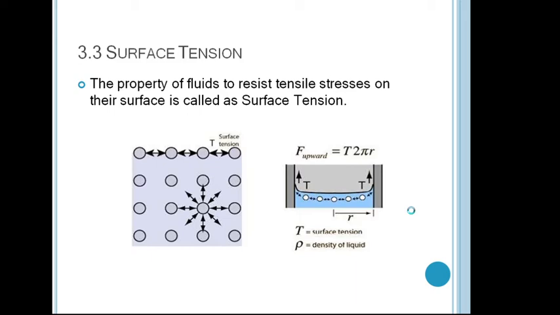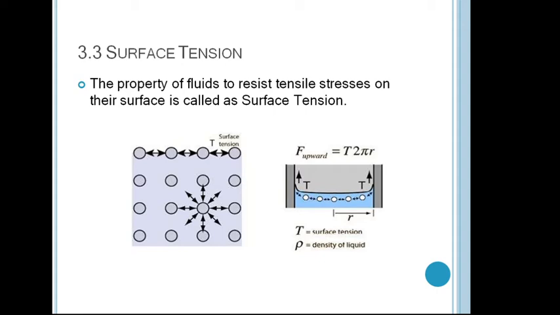Again I will repeat, there are two cases where the fluid surface will experience a tensile force, or a surface tension. Number one, when the fluid surface is in contact with the air, and number two, the surface layer between two immiscible liquids. Why will surface tension exist for these two cases? For that, please see the diagram. This is the diagram related to your first case, when the fluid surface is in contact with the air.